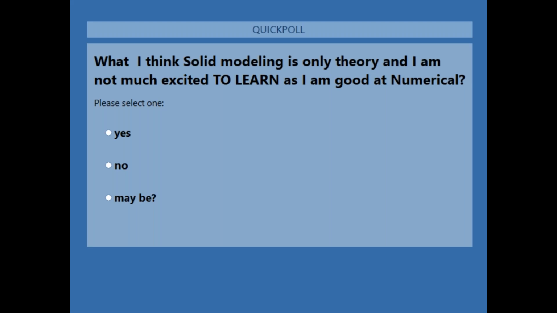So good. We should congratulate ourselves that we have some hope of learning solid modeling. That zeal is there. More than 55% of the audience are interested in that. And some of you say yes, we are good at numericals. That's okay, that is also a good place to stand. And there are 20% of people who are thinking, what is happening, what is this, what have we learned? Maybe because you are not attentive enough, or maybe you are dealing with other things.